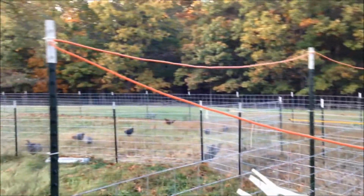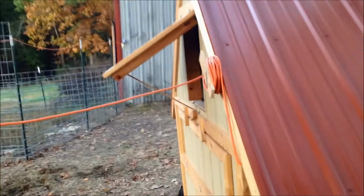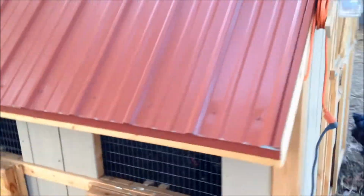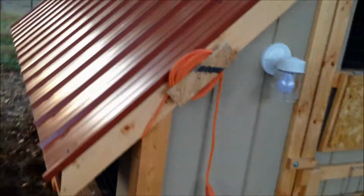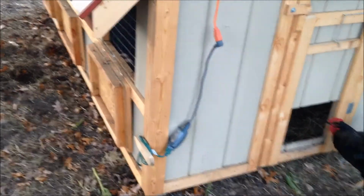As we try to winterize, I've got power ready here to the coop to be able to run my electricity on a timer for lights. We've got electricity running over from the barn, just zip tied up here along the top of the T-post. I added that little piece of wood there just to get that electric cord good and tight, running underneath the eave up above the windows. Fastened another one on here so that it's good and tight, and then got the timer in between the power